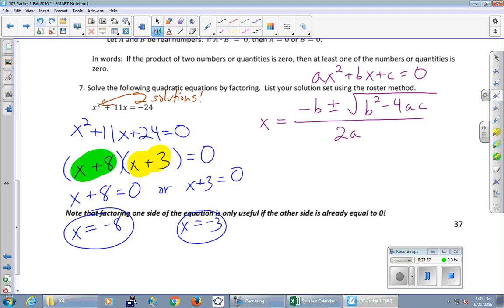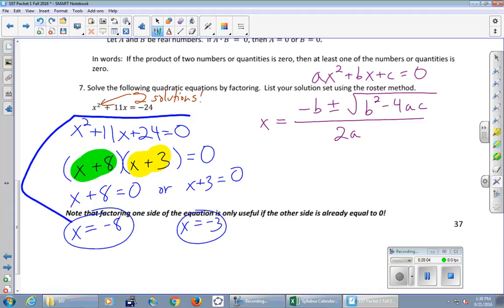So when we are solving this equation right here, with that crazy formula, what we are about to get out is x equals negative 8 and x equals negative 3. It's not just like this isolated thing. It's x equals. So put the x equals. Okay, so let's give this a shot.